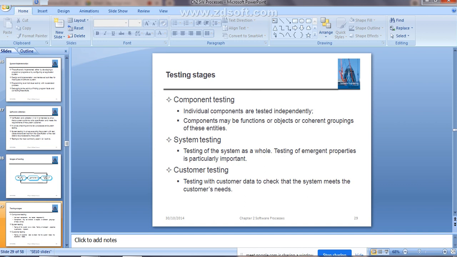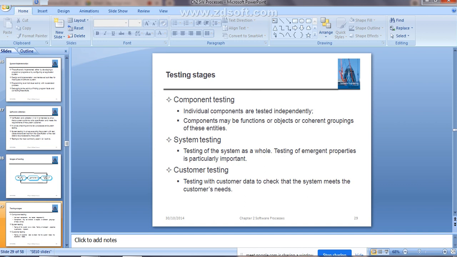Each and every component is tested one by one to ensure it is working properly.